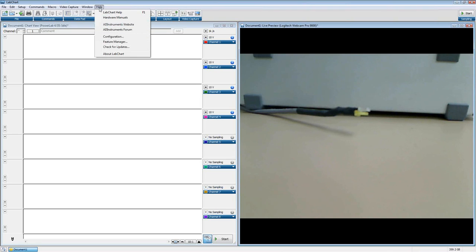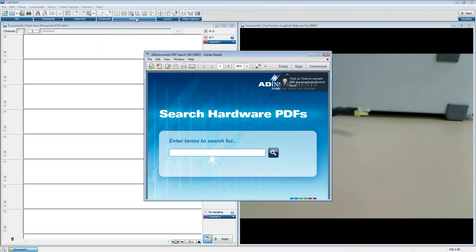Whenever LabChart loads, every hardware manual for every one of our front ends and devices gets loaded with it. If you go to the Help menu, you'll see that underneath LabChart Help, there's this hardware manuals option. If we click this, it'll take a little bit because it uses a bit of JavaScript. We get a search window in Adobe Acrobat asking, well, what do you want to look for? So what I'm going to look for today is the 35 series Research PowerLab Owner's Guide. So I'm just going to type in 35 series,